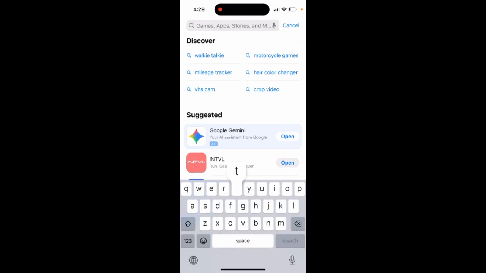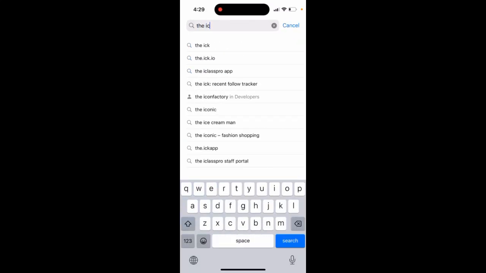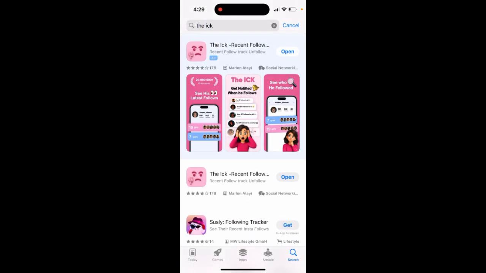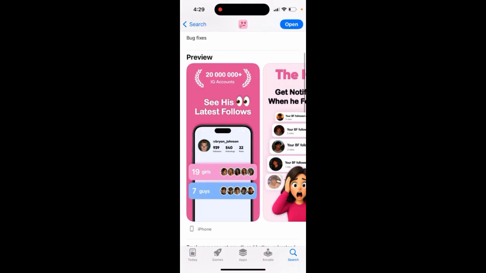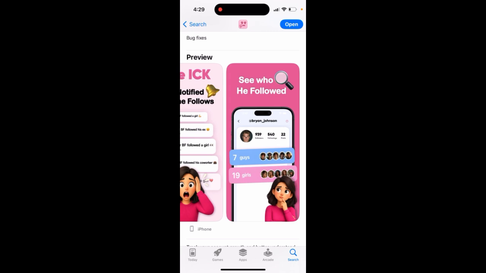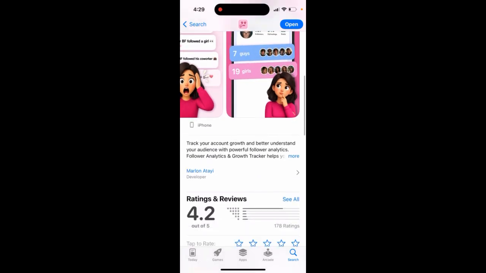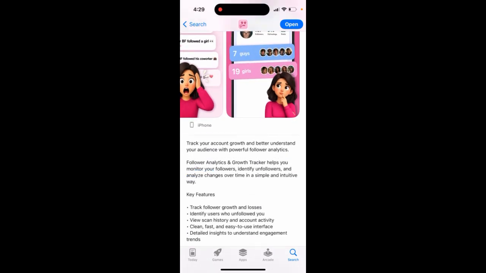Here is the Eek app. So let's just take a look at it. So here is the Eek app, and it's get interaction. So see his latest follows, get notified when he follows, see who he followed, track your account growth and better